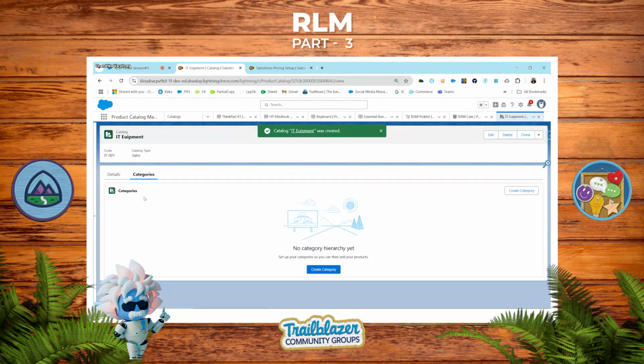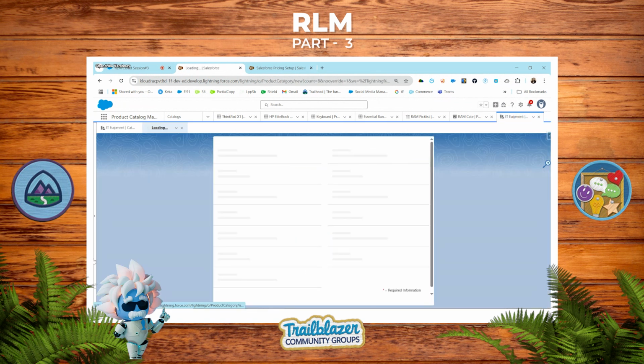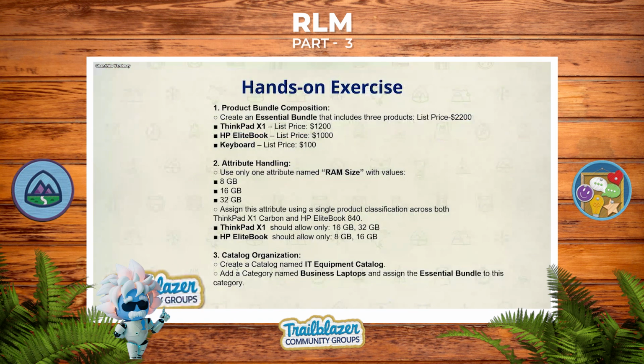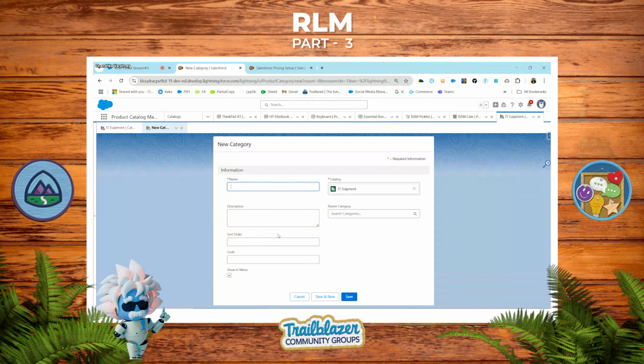And under catalog, we have to assign the category. The category is business laptops.